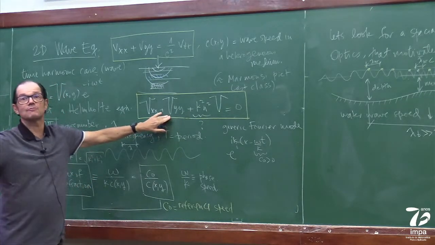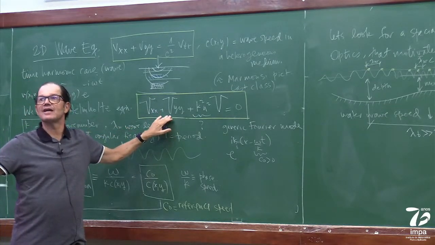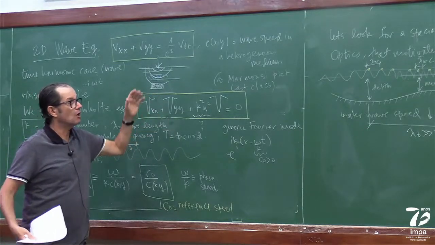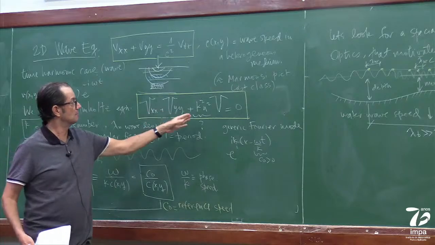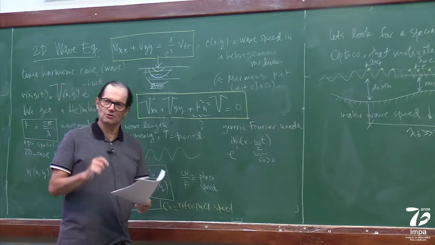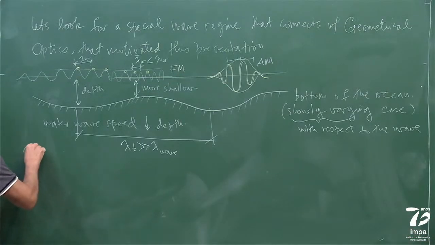I removed time from the problem in a correct way, in an educated way, by my education in PDEs and waves. But now I'm still in a complicated situation because I have this variable coefficient Helmholtz equation. So now the word ansatz comes into the picture. Okay, so now we have an ansatz